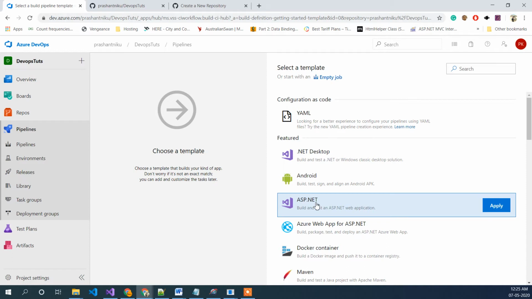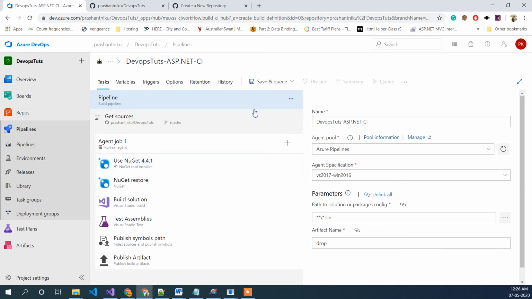So what it will do is we have mapped our repository to this pipeline, and now the files it has, but in order to build it, it needs to know what kind of application it is. So we are defining it in here, so it will get all the necessary DLLs and other files for building our source code. So that is why we need to choose that. So I will just click apply, and when you click apply, it will get all the DLLs and required programs to build our projects.